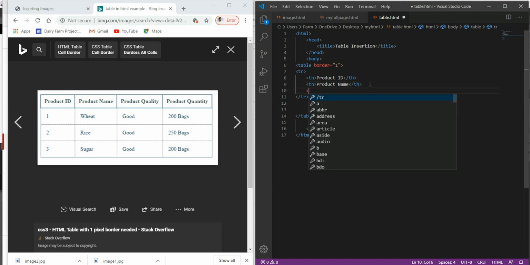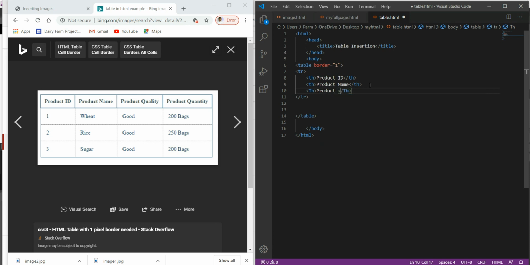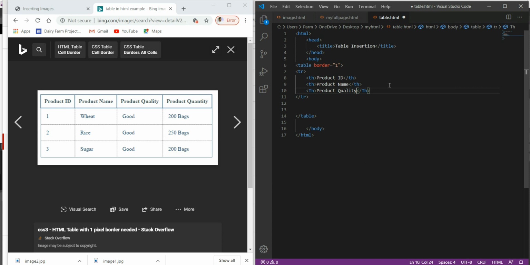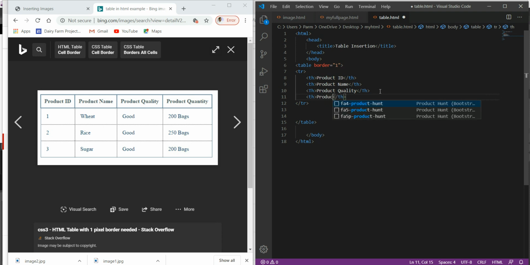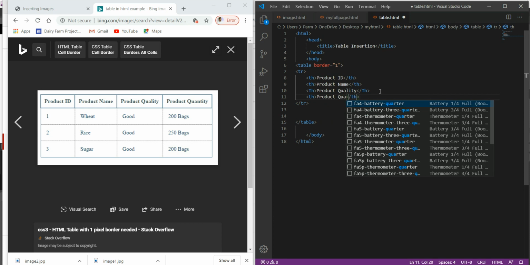Again we give another table head, product quality, and then another table head, product quantity.